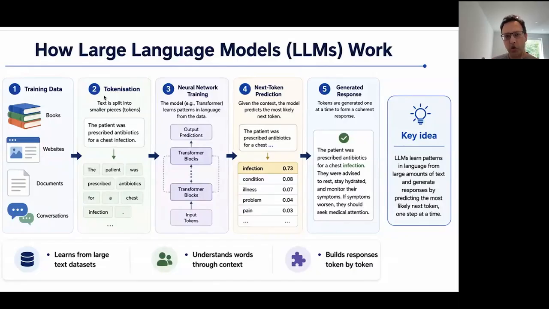And then this data is chopped up into little words or tokens, which is fed into the brain of the large language model, which is what people talk about as these neural networks, which is the brain. And this brain learns the patterns in the words. So it learns sequences of words and what words follow other words. And this starts to allow it to predict the next word in a sentence.